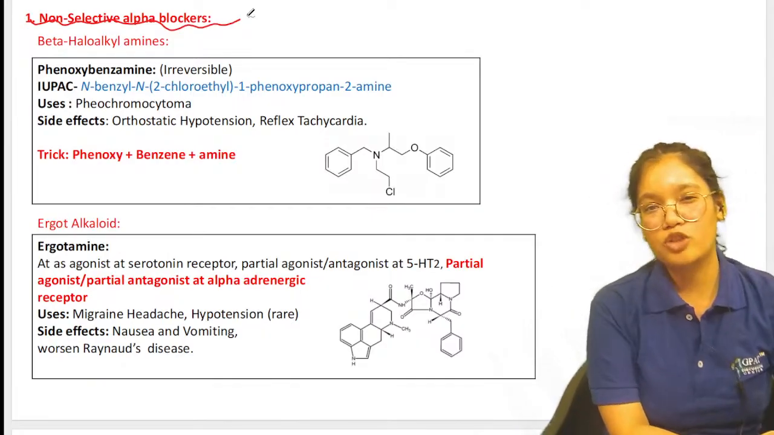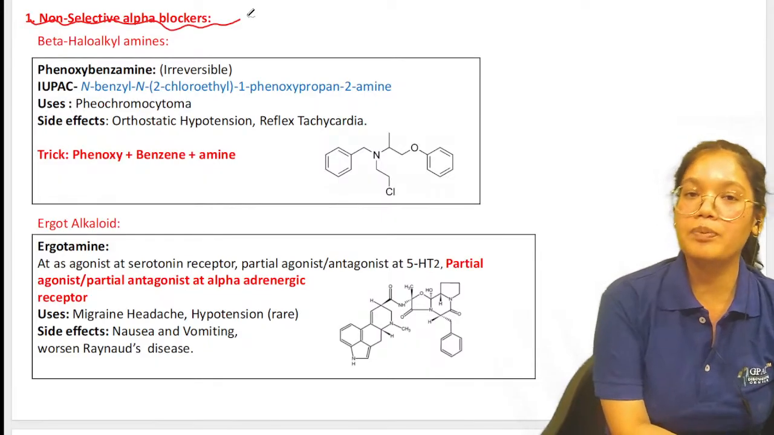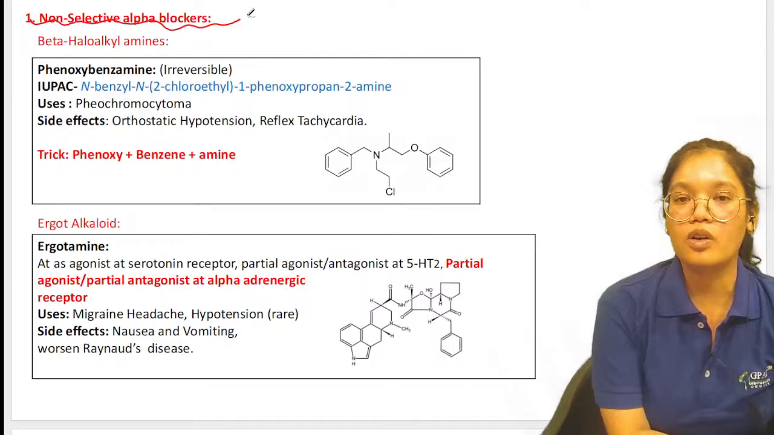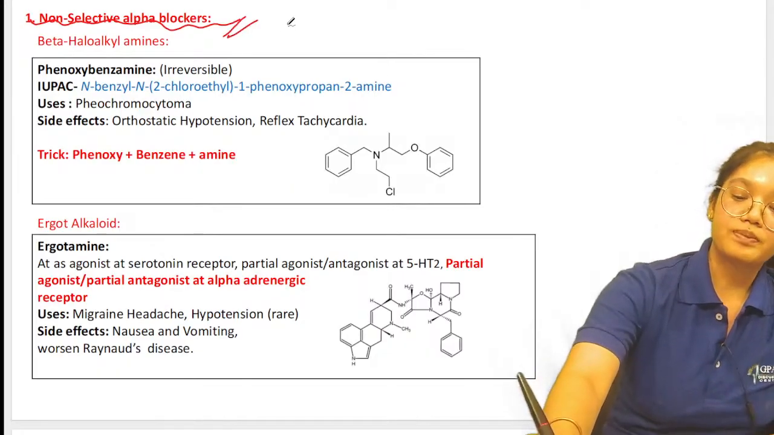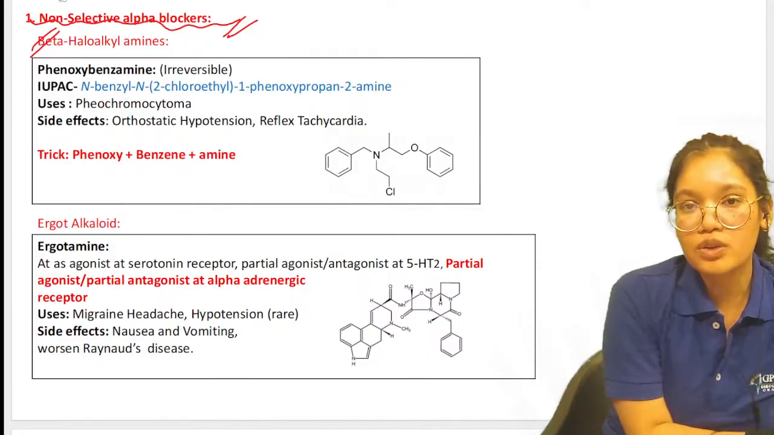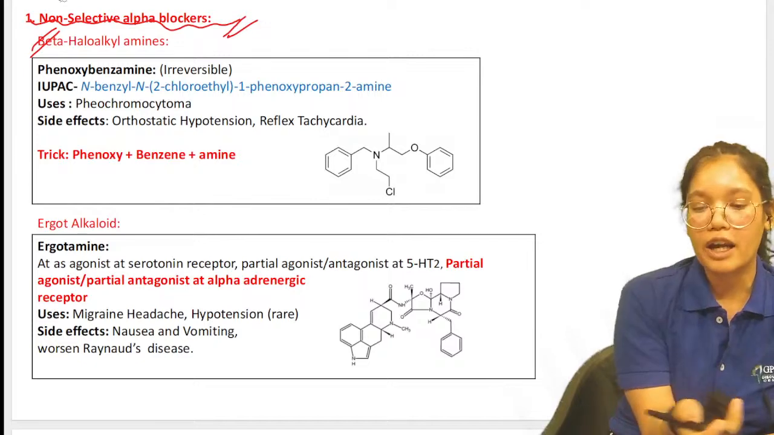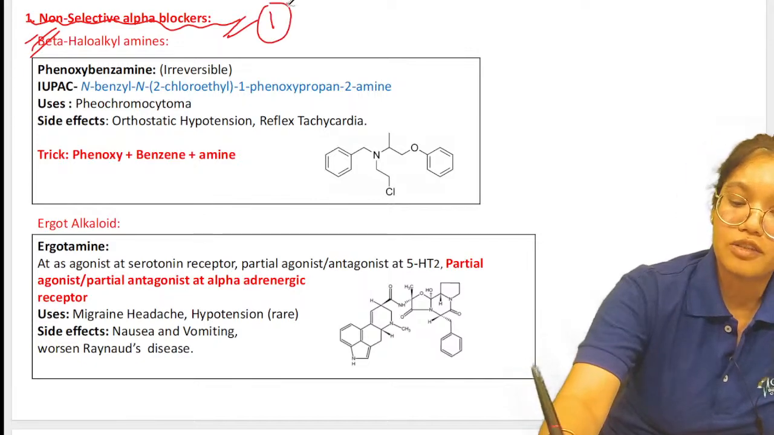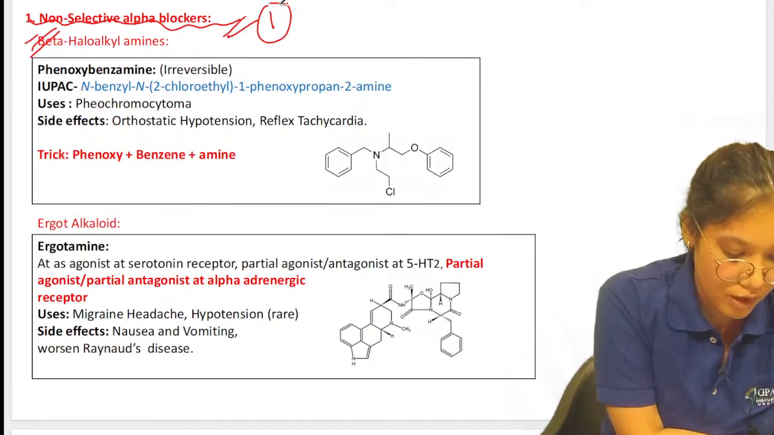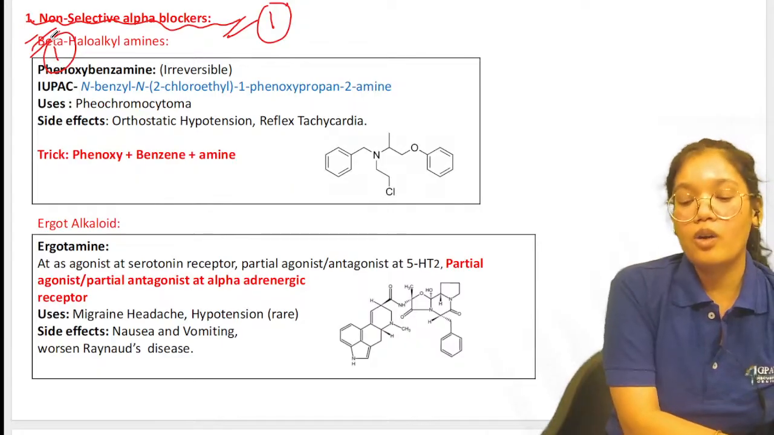Now for some drugs I have tricks for you to learn. So that will help you to remember the structure, to solve the question during your exam. You can make your own tricks too, but I have also tried. So if you like my trick, you can use that also. So starting with the beta-haloalkylamines. Now this is the first class of non-selective alpha blocker. Now first drug is the